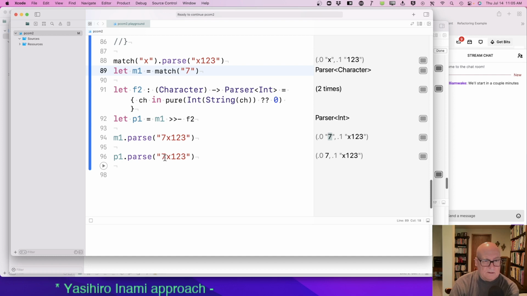and returns the rest of the parse. It feeds that value to the other parser.